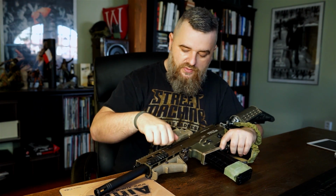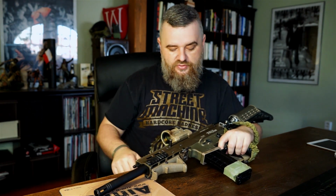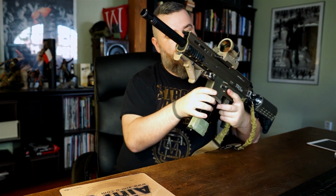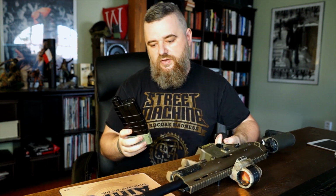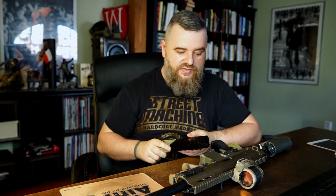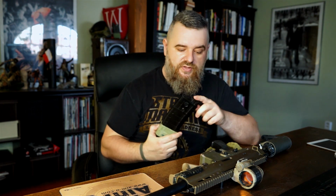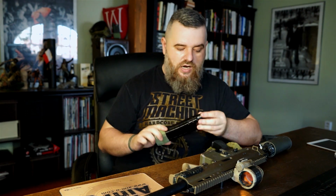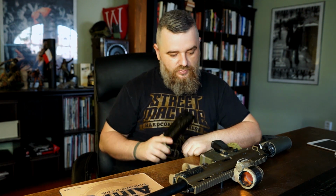This is a cocking rod. It's ambidextrous. The magwell is made of plastic. They have their own proprietary magazines. They are very similar to Milsig magazines, and the gun can actually take most of the Milsig and RAP4 magazines. It takes only round head magazines, but with a little modification,